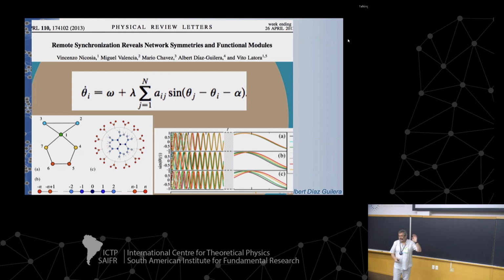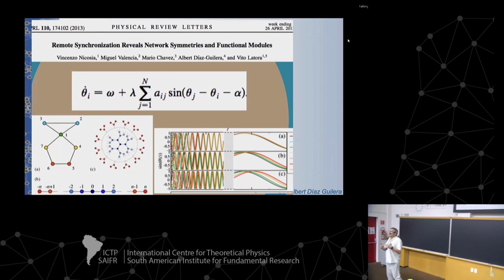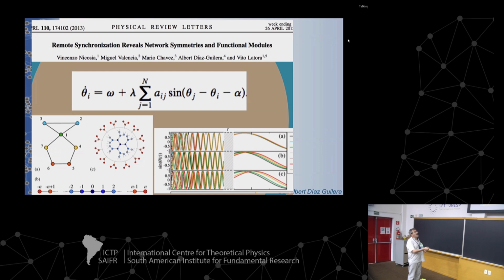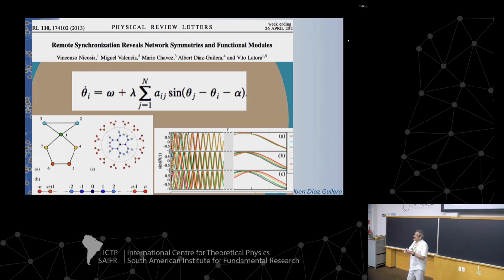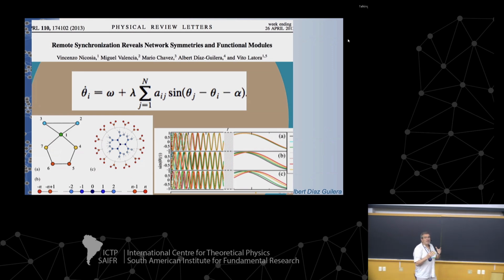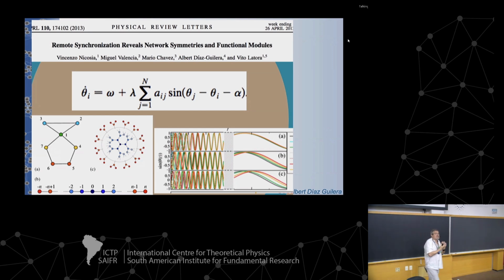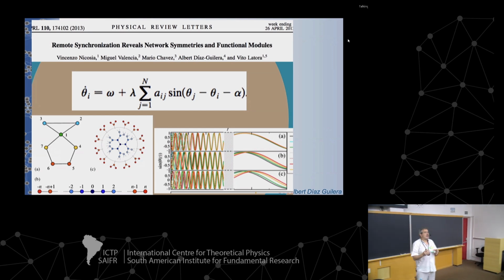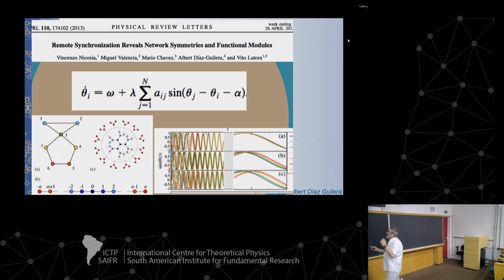So for us, this was very nice, because just by introducing this angle, which is called the frustration parameter, it comes from what people know in spin glasses, for instance, when you have positive and negative couplings, and the system is not able to find a fundamental state, because this fundamental state doesn't exist. And then the system has to explore different configurations until you get into a kind of minimum of the potential, in the terms that we physicists understand this type of system. And this is what was happening.